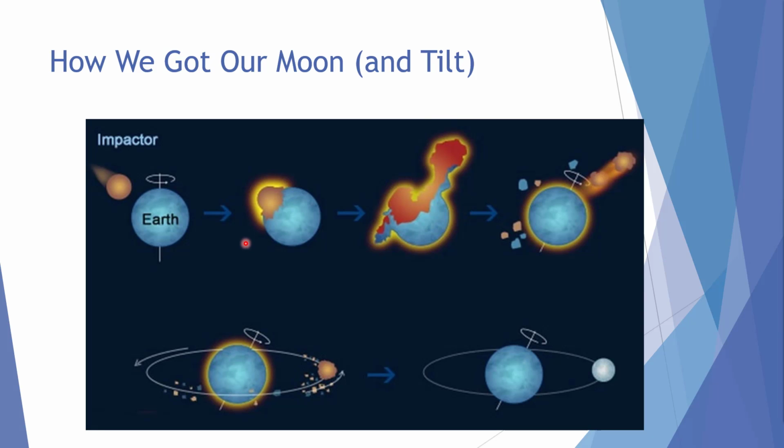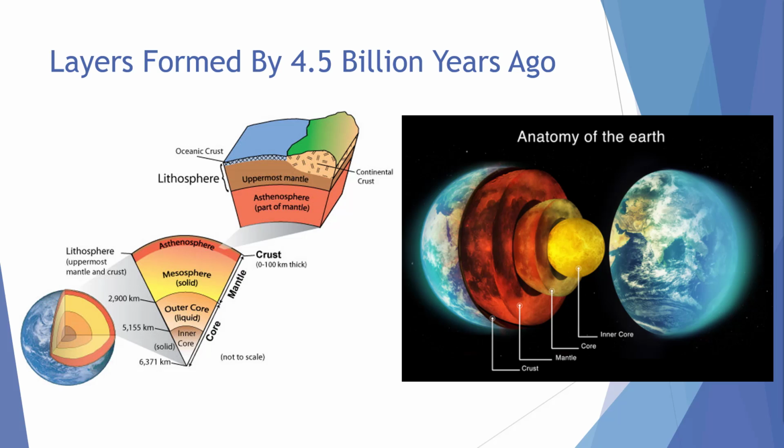So the Earth was already spinning after formation, but this planetary-sized body that hit us and gave us a glancing blow formed our moon, and it also tilted the Earth, and that's very important because it's why we have seasons. So the layers of Earth formed about 4.5 billion years ago, because remember, even though the Earth